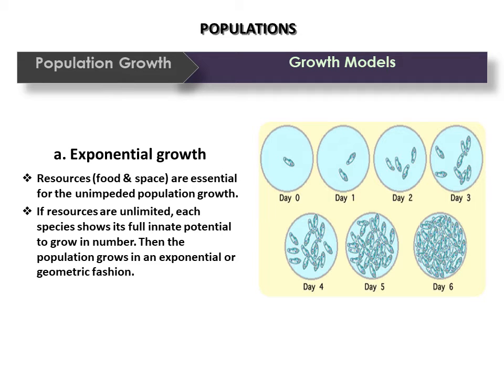Okay, talking about the growth model. See, growth of a population takes place according to availability of food. This is a very important point. And from the board point of view, you'll have questions like differentiate between exponential and logistic growth, or what is the exponential growth curve, what is the logistic growth curve. In your textbook also you can see the graphs. There will be two different graphs given, so we are going to discuss that. It all depends on availability of food.